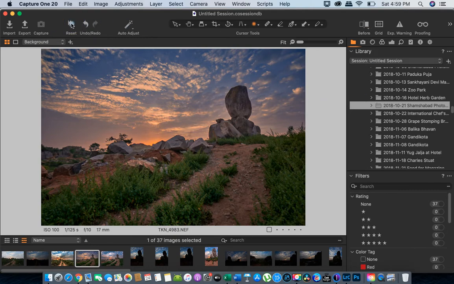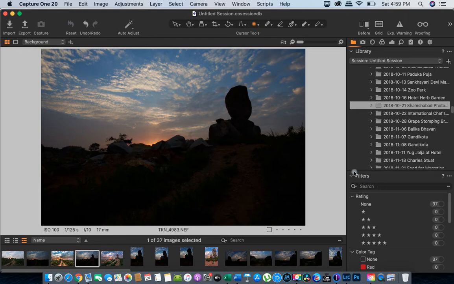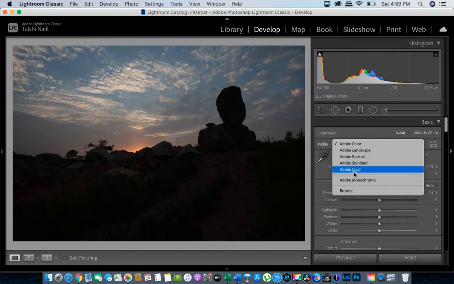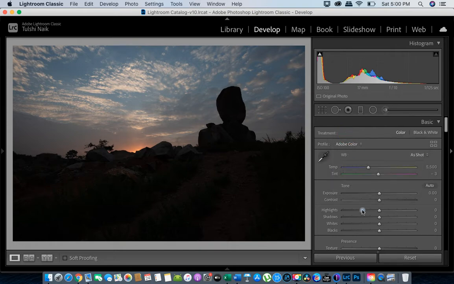So I have this one photo open in Capture One, and let me reset. I've done a lot of edits on this file, so it's reset now. I have this photo open in Capture One, and I have this exact same file open in Lightroom. So the first point which I like in Capture One as compared to Lightroom is the color profile. Lightroom is the Adobe raw converter, so it has all the Adobe profiles: Adobe color, landscape, portrait, standard and vivid. However, in